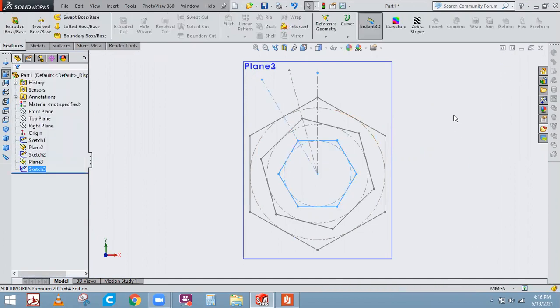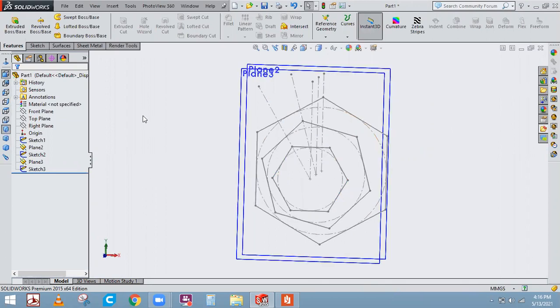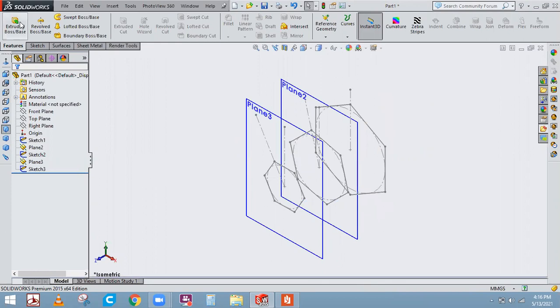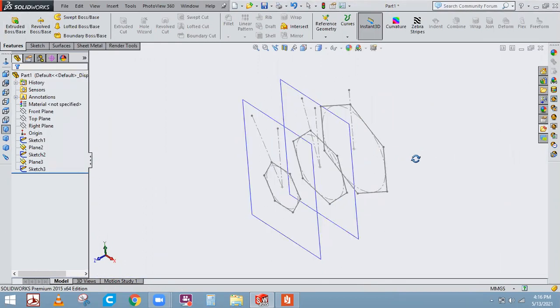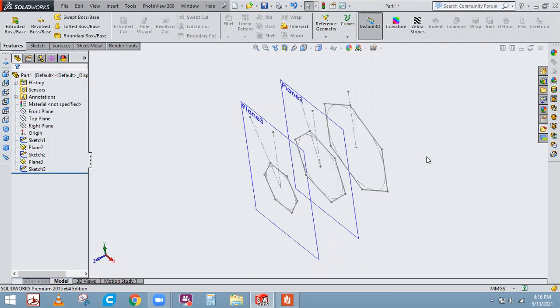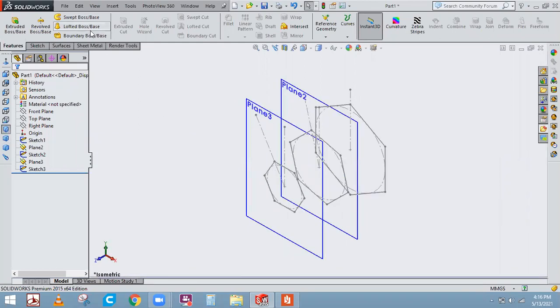So now, as we know from the part we did in yesterday's class, to make this extrude and extrude cut, we had only one sketch, but how many sketches do we have now? 3. To add material on more than one sketch, we have to use this lofted boss/base or boundary boss/base. Okay.